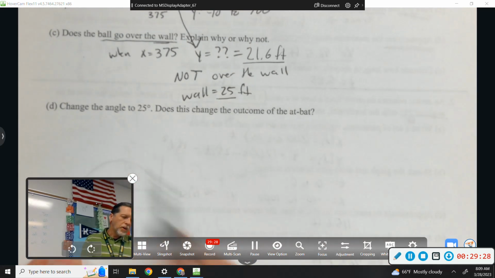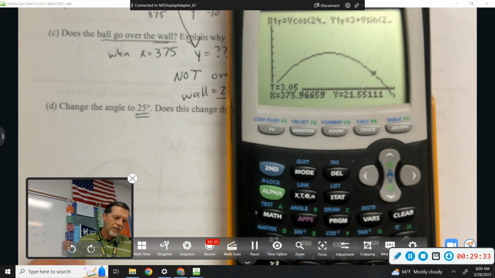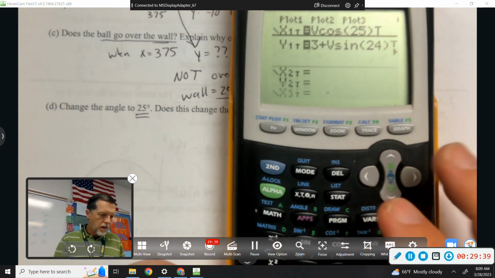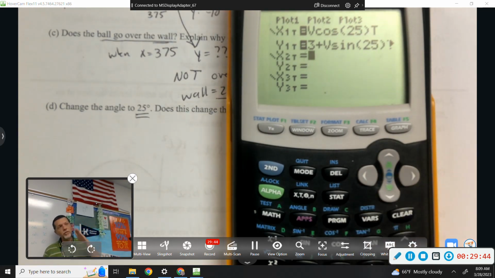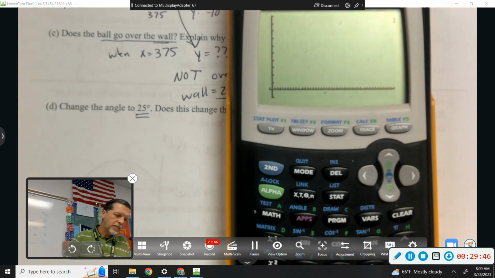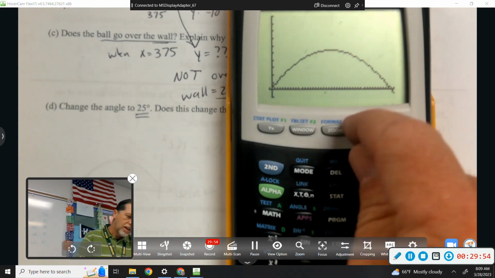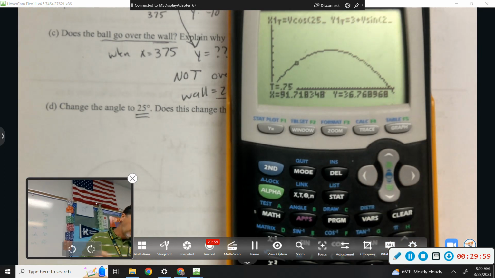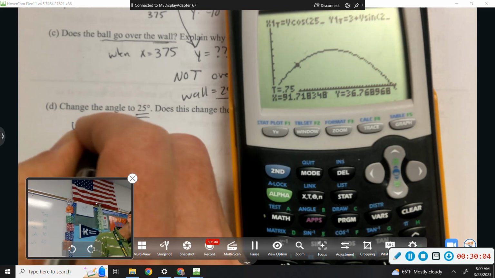All right, part D, change the launch angle to 25 degrees. Does this change the outcome of the at-bat? Well, so go back to y equals 24, or change 24 to 25. So now we got a little more launch angle, so it launches a little bit higher. Let's see what happens. The window still works because it's pretty close to the same thing. And here we go tracing again. So I'm looking for the same thing, when x equals 375, or as close as I can get to it,